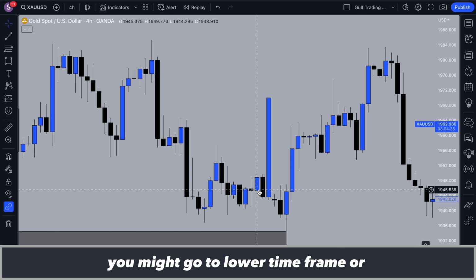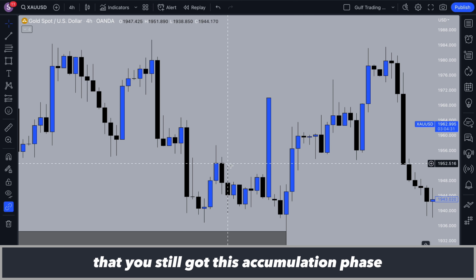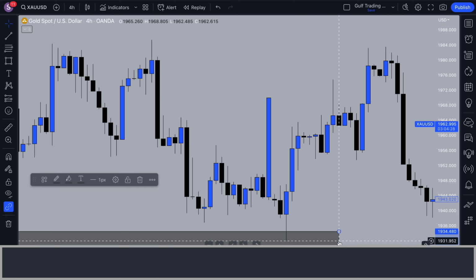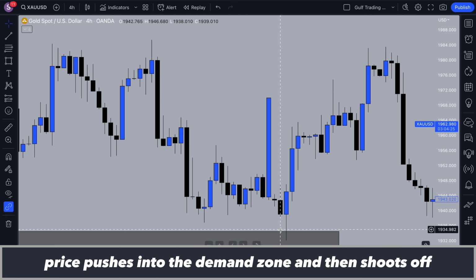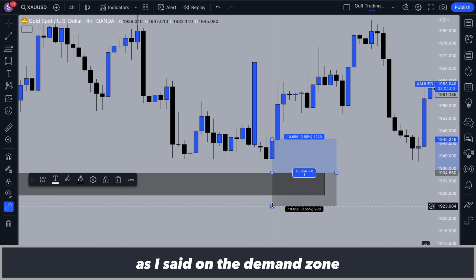You might go to the low time frame, or you don't even need to go to a low time frame. You can see on the 4 hour that you still got this accumulation phase, and then what happens is price pushes into the demand zone and then shoots off. And so what you get here, you could place your buy limit, as I said, on the demand zone, stop